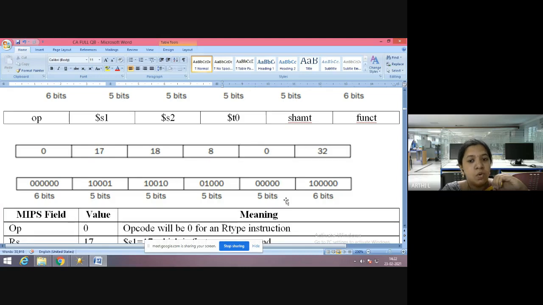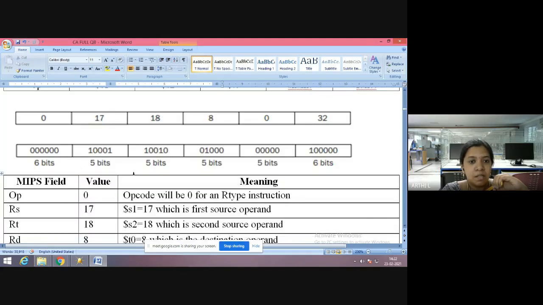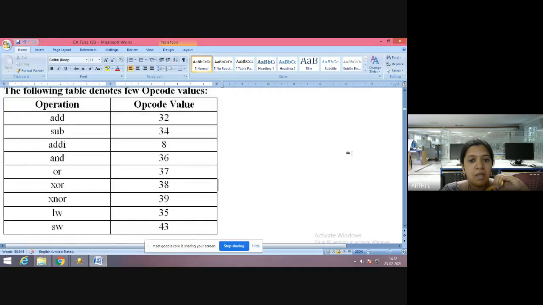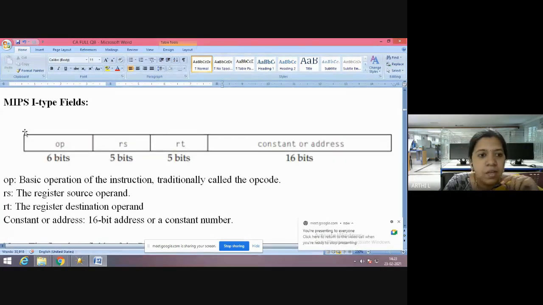Okay, so you have to write like this. You have to fill it with zeros and ones finally. Next, we'll go to the I type instead of this. Same, you can see 32 bits here, but we have some fields missing. The first one is the opcode, 6 bits, and the second will be rs. Rs is the source register, 5 bits, the same as in the R-type instruction. And coming to the next one, RT, here RT is the destination.